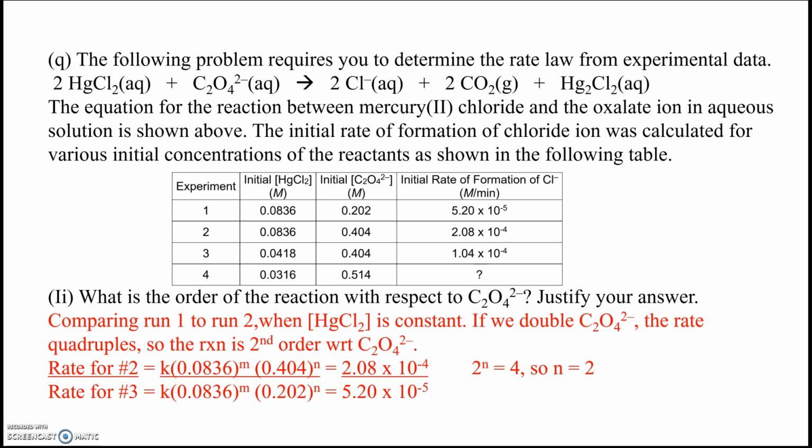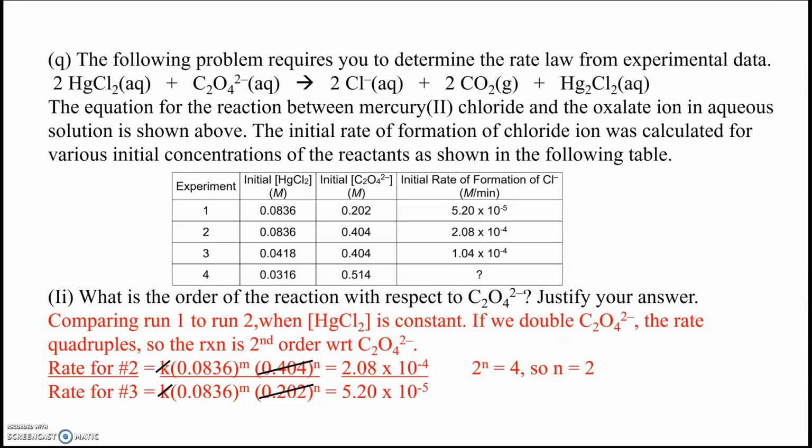So I set up the same exact kind of long setup here. And when I do, again, the K's cancel. And now when I do this, I've got my little lineouts in the wrong spot here. I can see that my 0.0836 factor cancels out, and I'm left with 2 raised to the n power is equal to